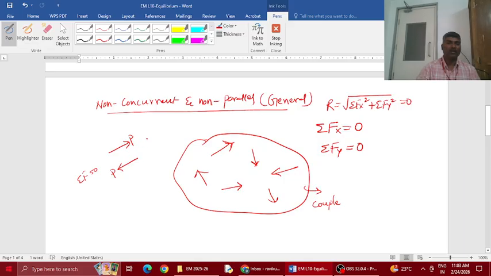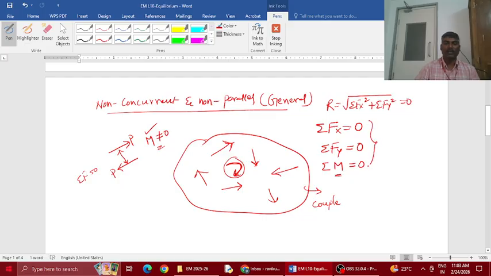But moment is not zero. This will generate a moment, and because of the moment, the body will try to rotate. To stop this rotation,